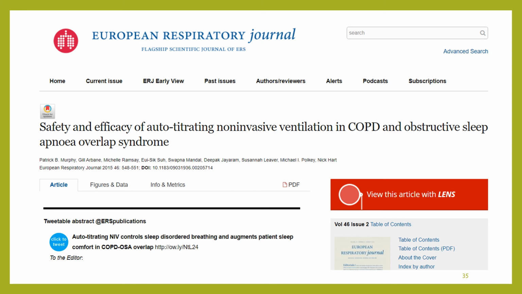In this study, the European Respiratory Journal looked at the safety and efficacy of auto-titrating non-invasive ventilation in COPD and obstructive sleep apnea overlap syndrome. This study was done in 2015, looking at auto-titrating controls in non-invasive ventilation. They felt that if they could control the amount of flow and settings going on with non-invasive ventilation, it would improve adherence and compliance, and the patient would be more